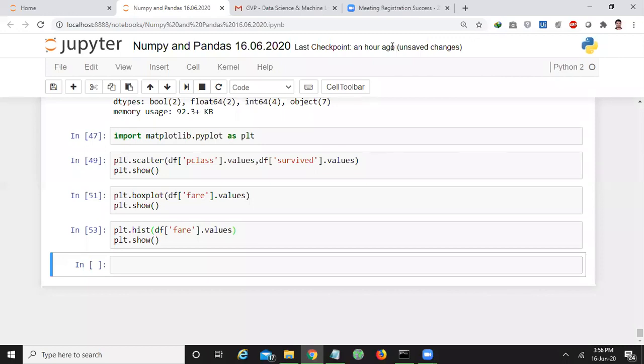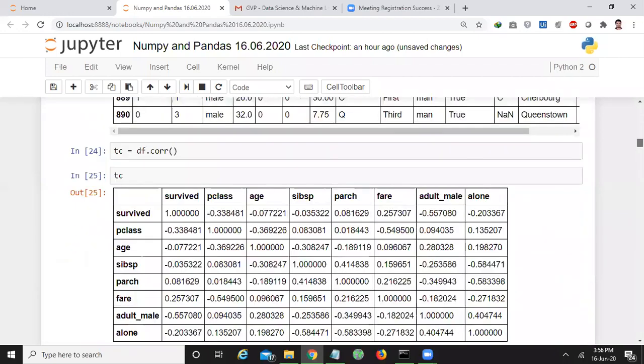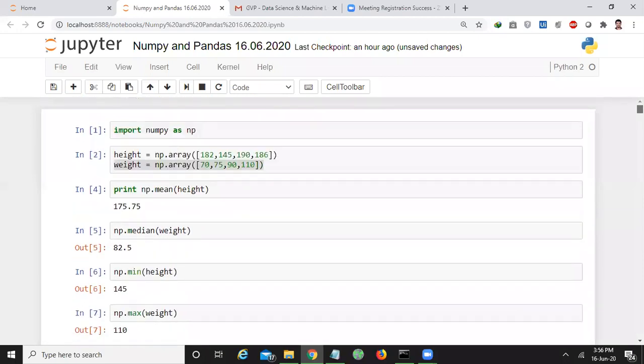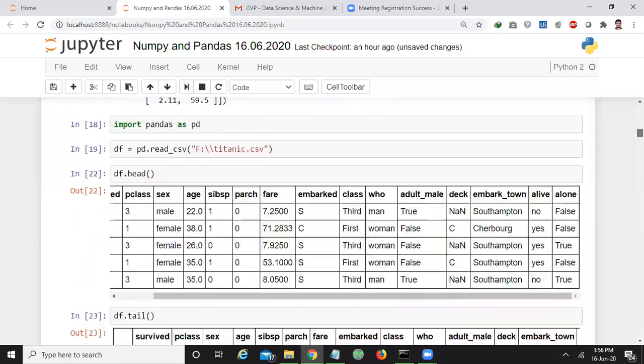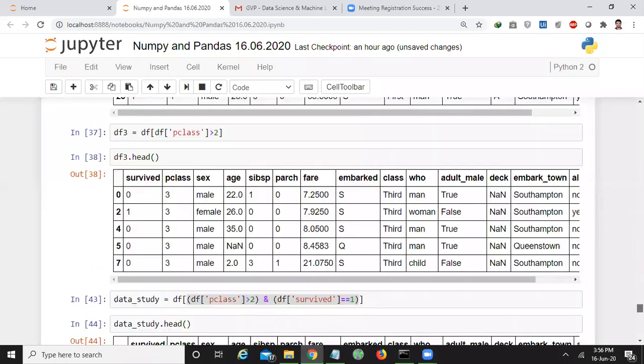I think some of the students may have the data set and some may not. Okay, no problem. I'll mail the data set. If possible, I'll mail this notebook also.